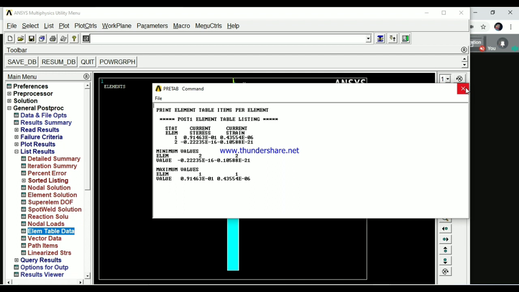I think something is wrong actually. You can't get a compressive, minus, stress here because the stress value is very small, since the load is negligible and the density is also very less here.